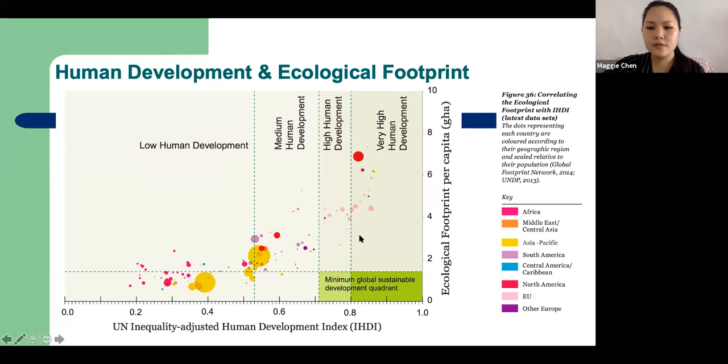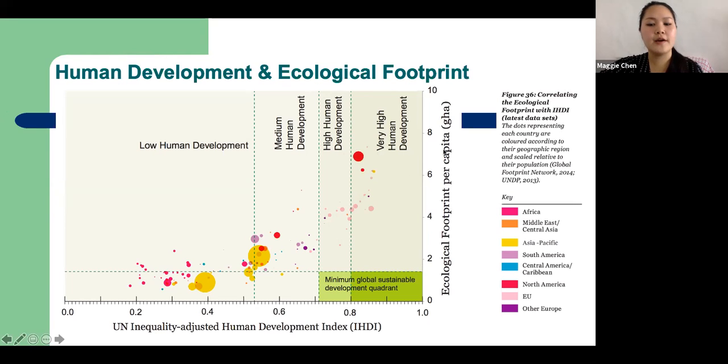In the different colors, our key shows the different countries. If we're looking specifically at this red dot, that's North America. And it's one of the few countries that's highly developed, in the very high human development quadrant, but